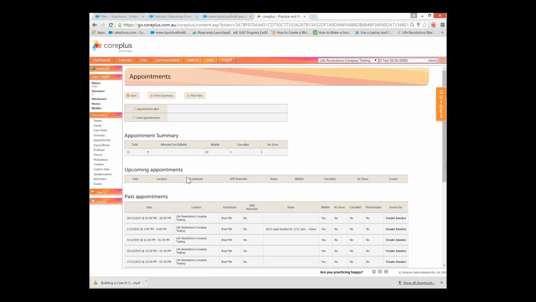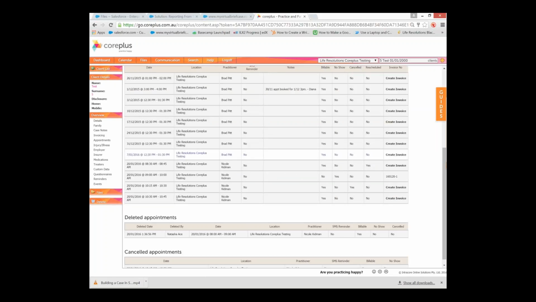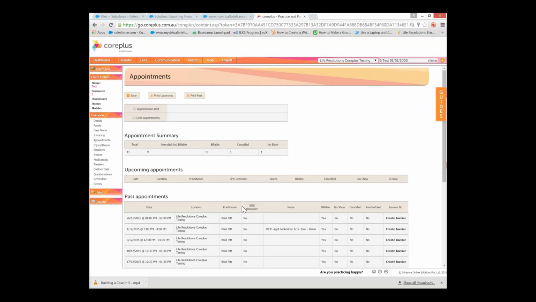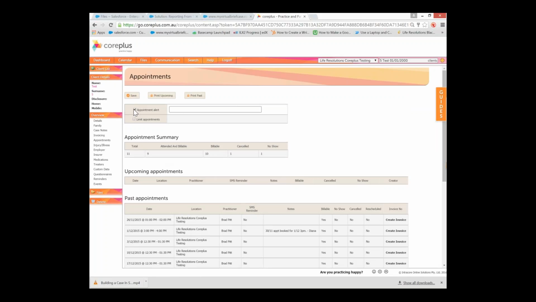Appointments is a really important feature as well. So not only does it tell you the appointment summary, upcoming appointments, past appointments, deleted appointments, and canceled appointments, which is all great. But if you want to put a note in the client file for CRT to see, this is where they do it. So they need to put appointment alert: do not book until they pay 150 outstanding